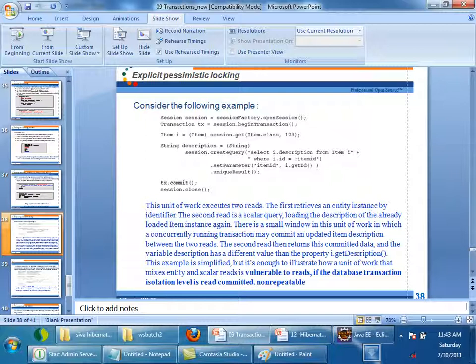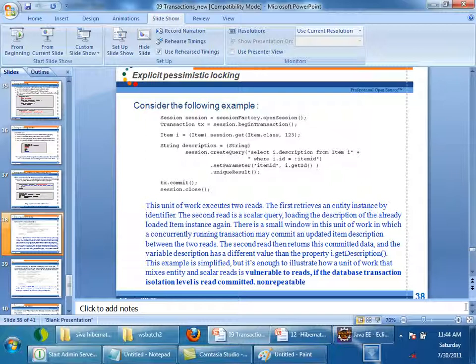If you want to use pessimistic locking, see this example first of all. Here I am having a session factory. Session.get an item with ID 123, and then firing the select query. This unit of work executes 2 reads.